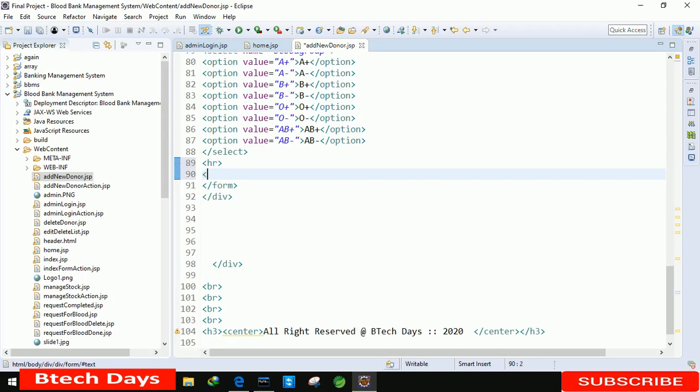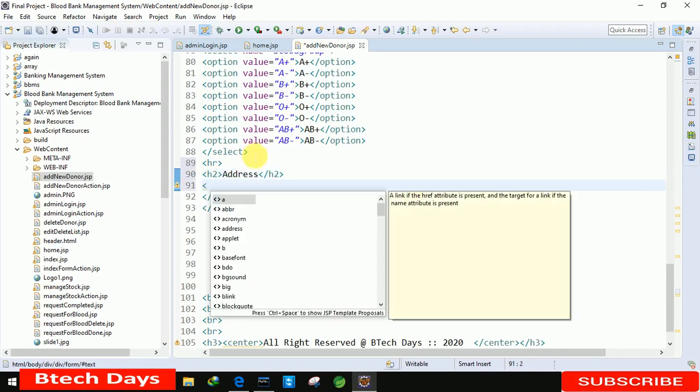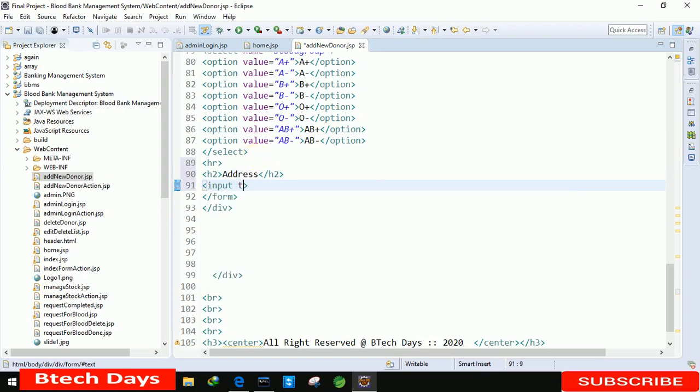After that, H2 and address, and in this we just need to write input, input type equals to double quotes text.